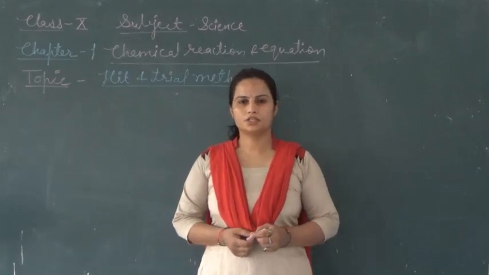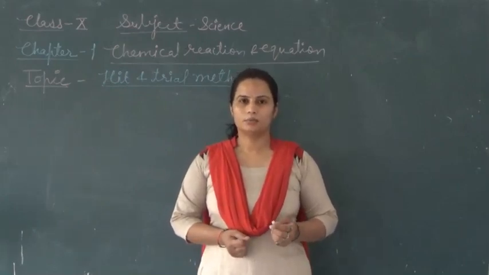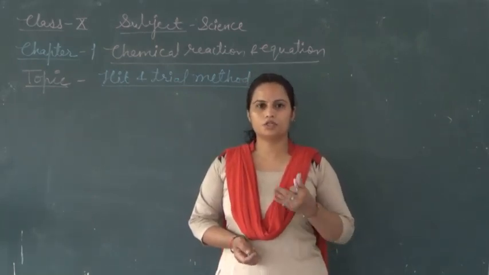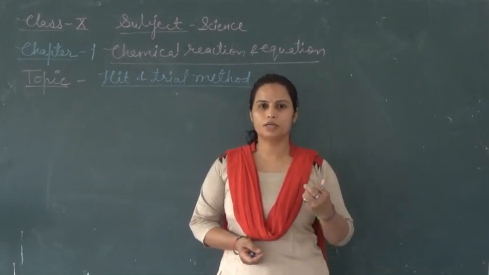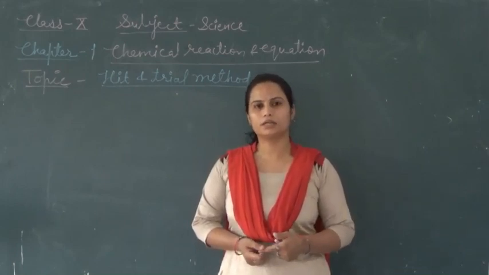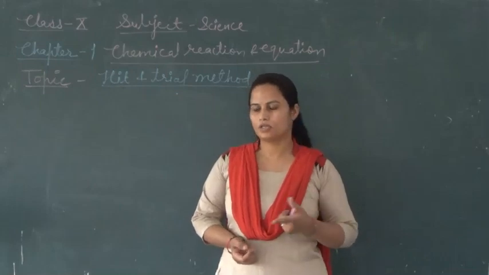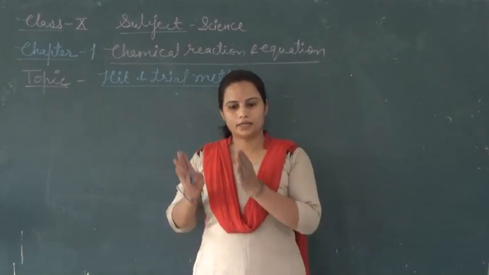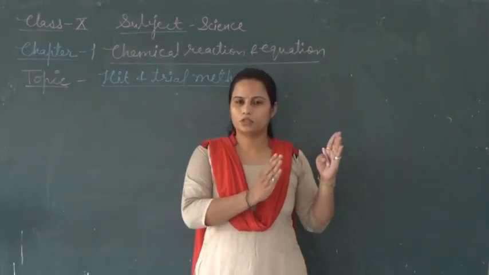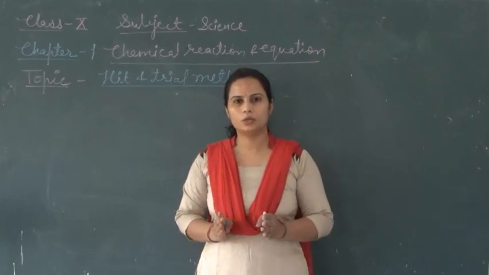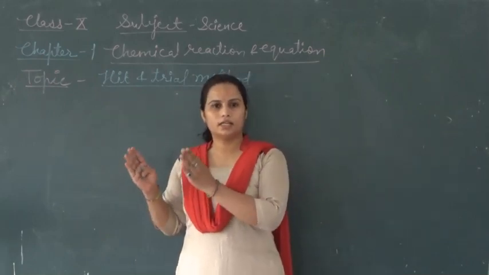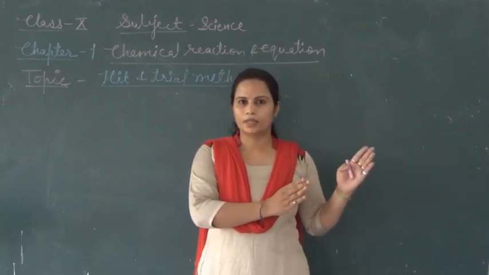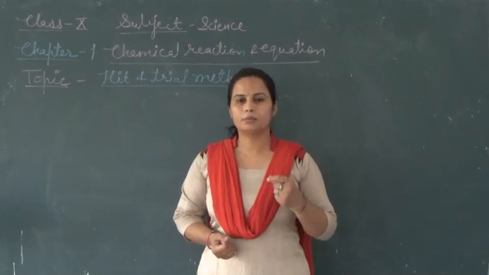Student, in my previous session I taught you about chemical reactions, the changes during a chemical reaction, and the properties of a chemical reaction. The main basis, meaning the principle of the chemical reaction that we balance, is the law of conservation of mass. The law of conservation of mass says that the reactant mass is always equal to the product mass. As I told you, the reactant is always written on the left hand side and the product on the right hand side. And how do we balance a chemical reaction?